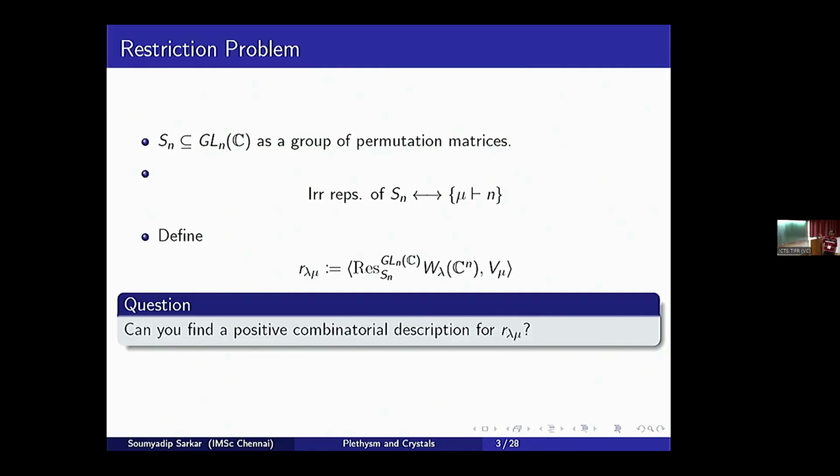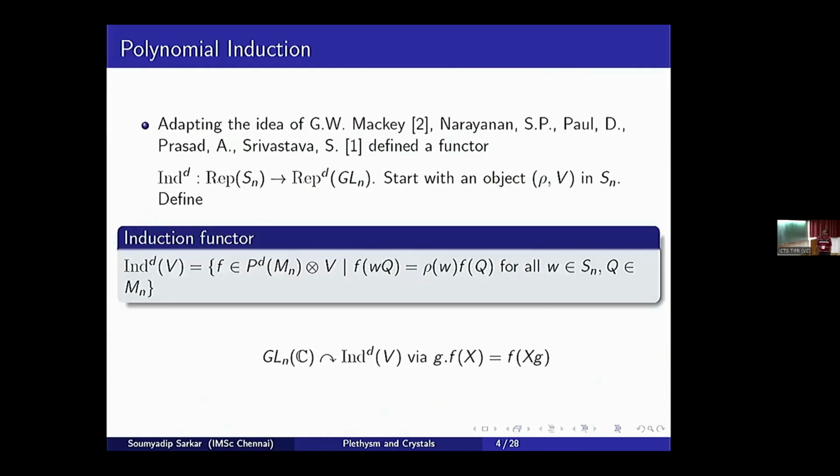So we are interested in the multiplicity R_lambda,mu of V_mu, the Specht module for S_n, in this restriction. The question is: can you find a positive combinatorial description for R_lambda,mu? That is a question of interest. So this is one new perspective to study the restriction, adapting the idea of Mackey,